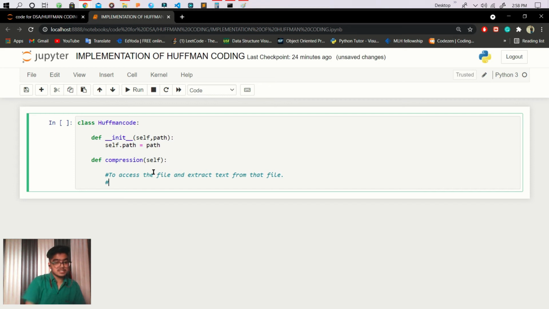The next step is, when we have our text, we create a frequency dictionary. What will the frequency dictionary do? It calculates the frequency of each character within that text.